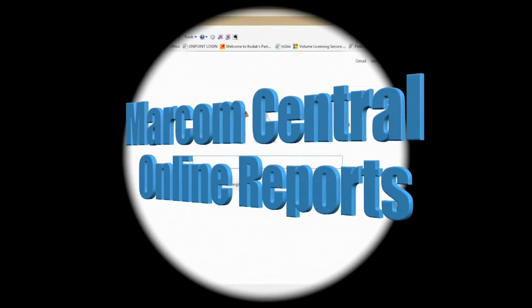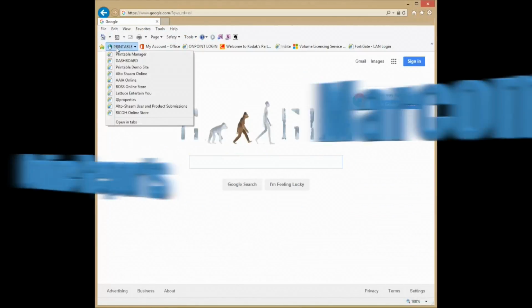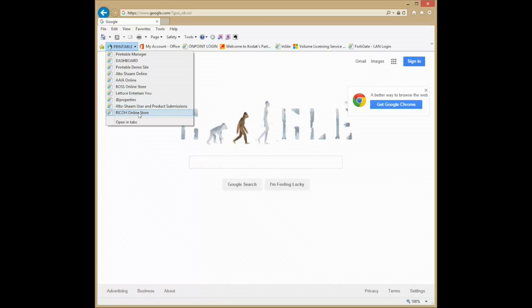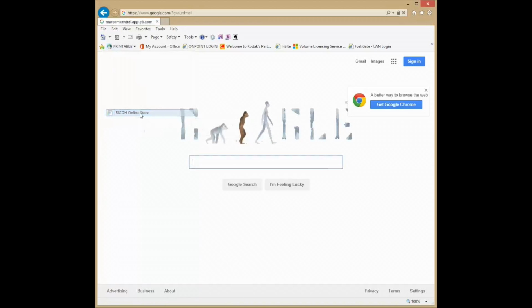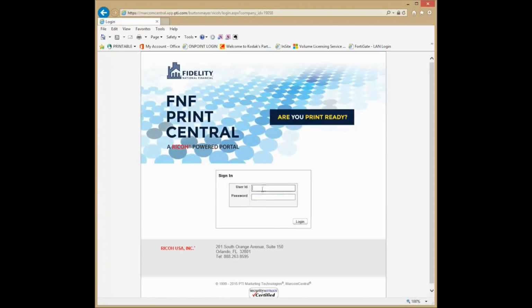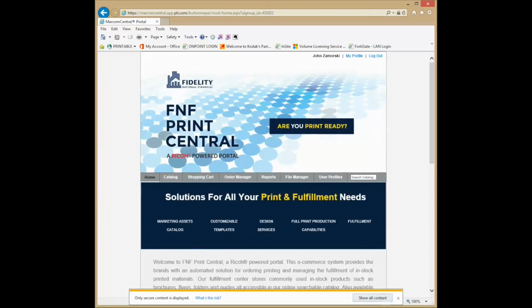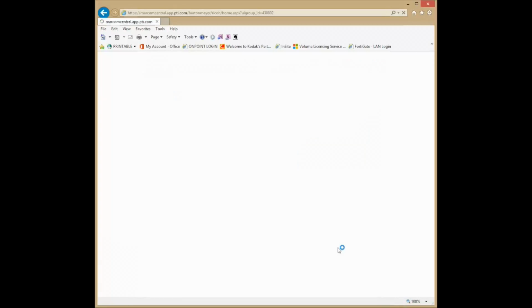Okay, let's take a look at the online reporting capabilities on a printable typical store. We're going to go into our Rico store, which happens to be one of the online catalogs or stores. I'll log in as an average user with a password, and this allows a preview of the report tab, which